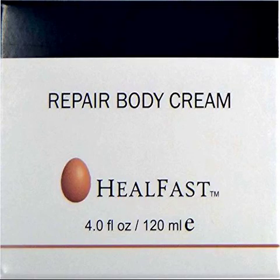Healfast Repair Cream. Healfast Repair Cream is excellent for all types of skin maladies and irritations. This gentle cream can be used on people of all ages, from children to adults. The concept behind Healfast comes from the study of how the skin repairs itself. When a skin irritation occurs, the body naturally tries to rush nutrients to the problem areas so that it can